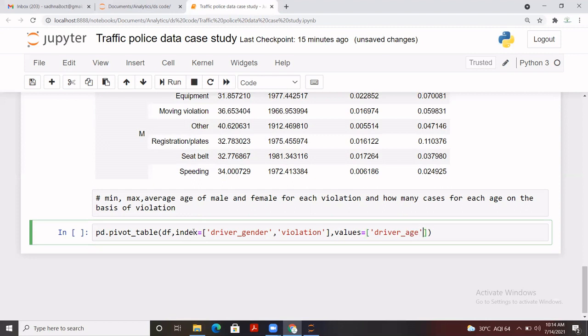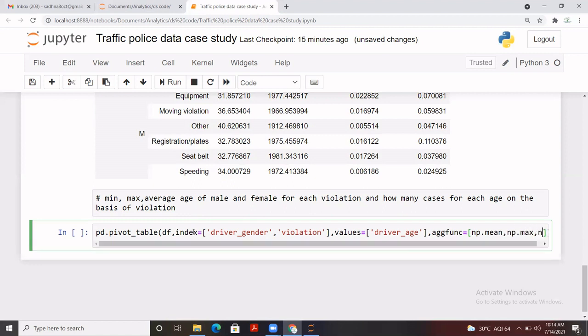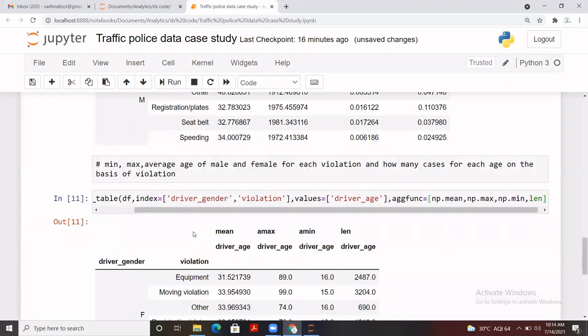Let's run first. We need multiple statistic summaries in one go, so we can use an aggregate function for it. We can calculate mean, max, and min, and in case you want to check the length of a particular record, we can do that too. So let me run it. Yes, we did it.